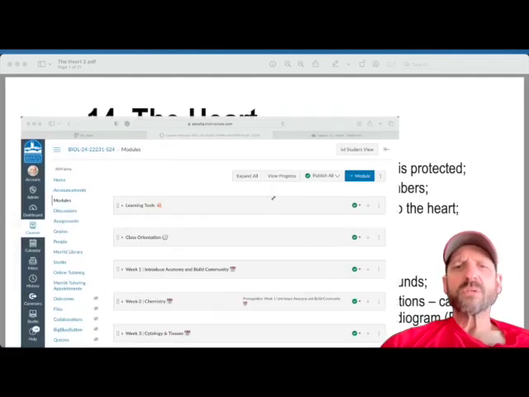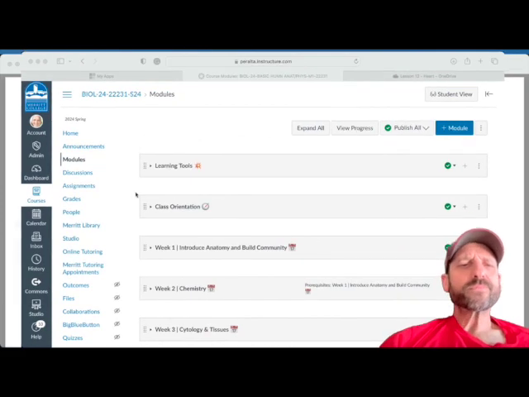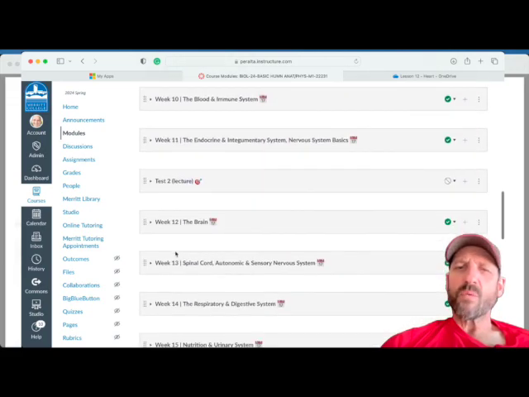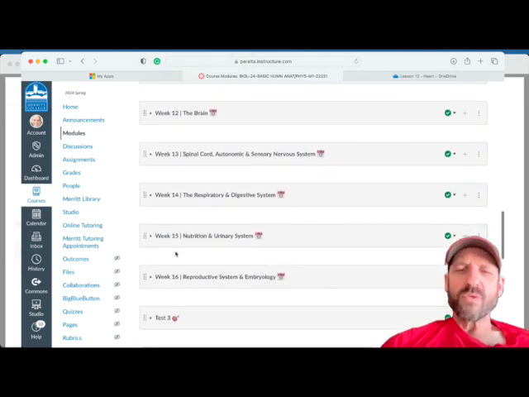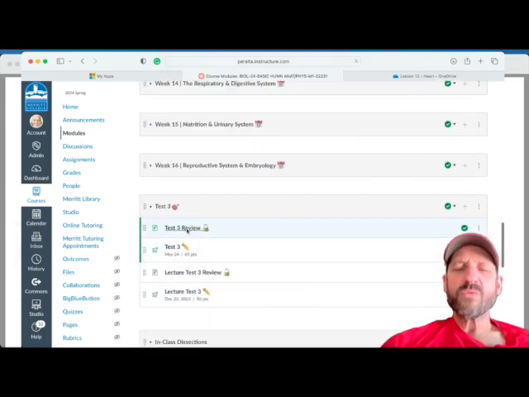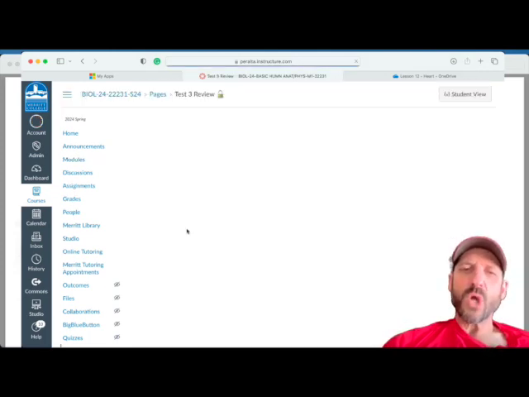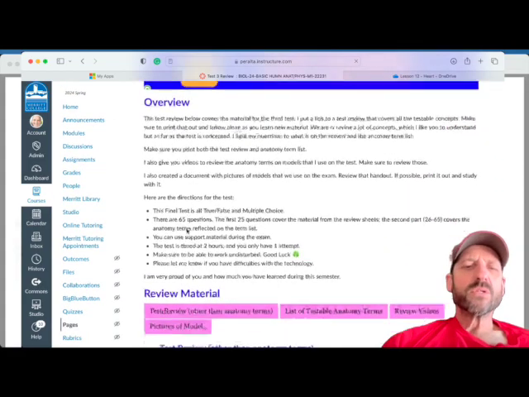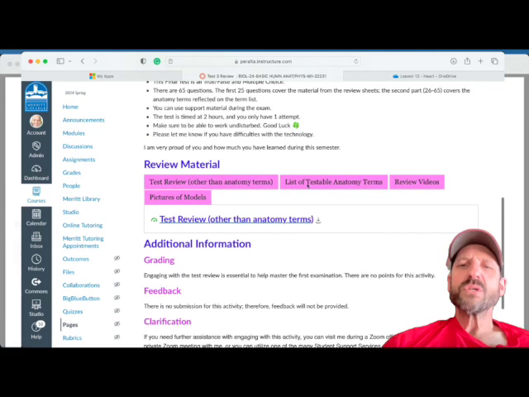Look, I can actually load it up now here somewhere. So if I go in there, see, now I put everything up. This is where we are now. I open all the modules that we need, and here on test 3 you have this review, and I want you to start. Once you start with this material, start right with this test review in here.